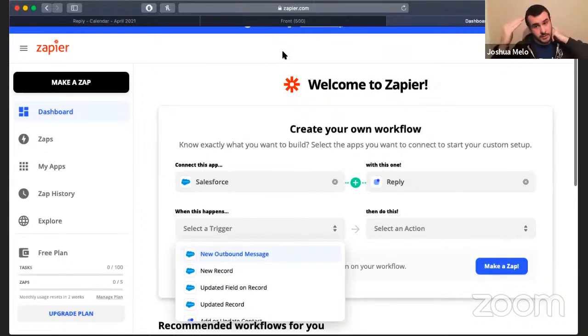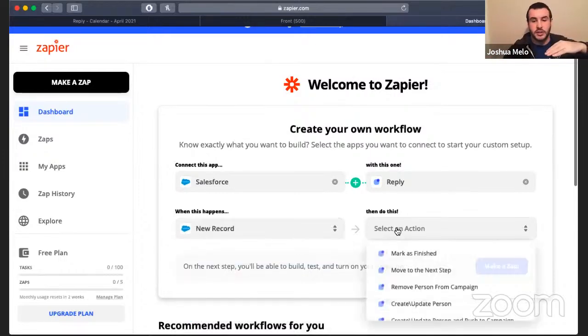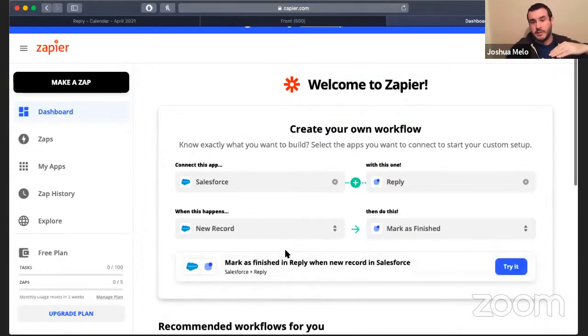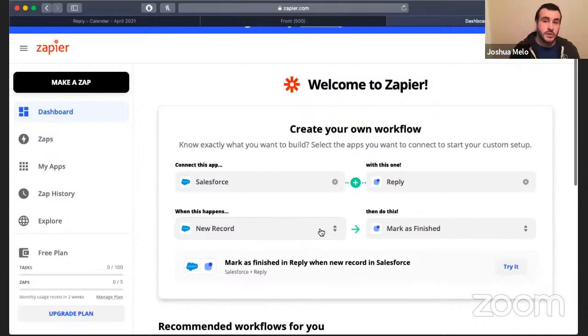So for example, if I have a Zapier step on step 3 of my campaign, I'm going to send LinkedIn first, 2 emails, and then it's going to wait for Zapier to trigger. It's only going to move the people from that Zapier step when this happens on that stage. So even if it's happened prior, say a new record was created and then I want to mark them as finished, this can happen in the background as often as it wants, but it will only move the people from step 4 to step 5 if this triggers at that exact moment. So it's a way to customize your Zapier connections to trigger at a very specific point to continue your sequences.